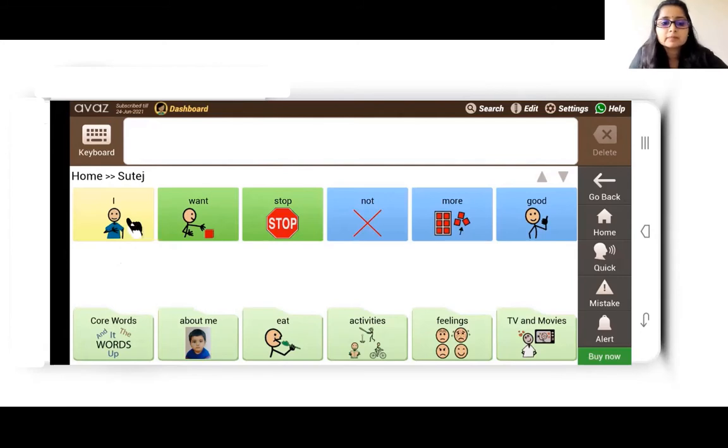So we have pronouns colored in yellow, action words or verbs have a green background, adjectives have a blue background, and in the app, all the phrases have a pink background, nouns have an orange background. So that really helps in categorizing the parts of speech. And it also helps when you're providing language intervention. So you can say, let's look for a blue word.